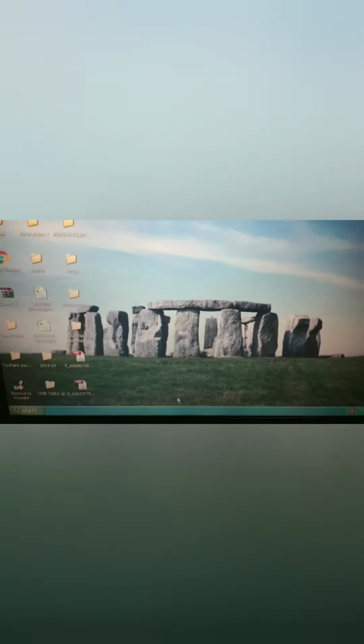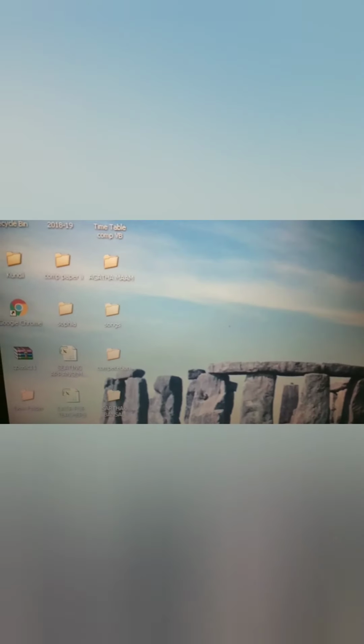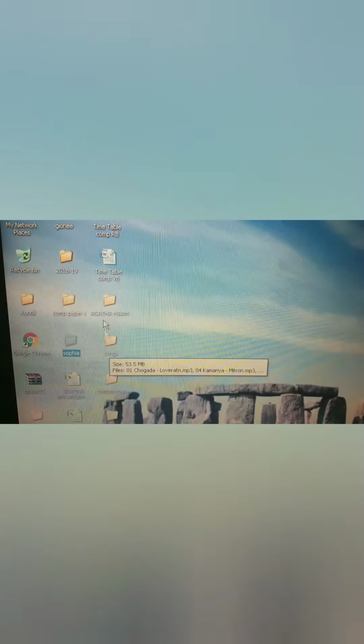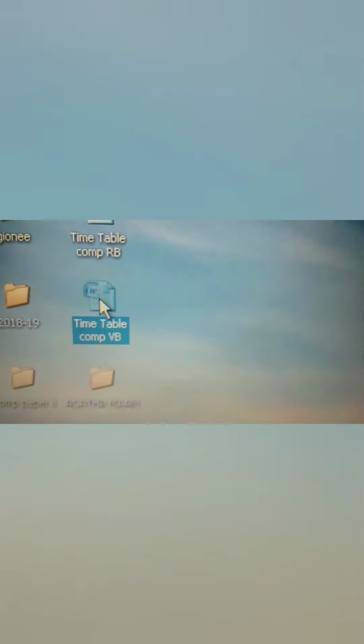Now selecting and deselecting icons. These are the icons. To select any of the icons, we have to simply click on it. You can see it changes its color. It is called selecting of the icon. See, it is a selected icon. We have to only simply single click the left mouse button to select the icon.